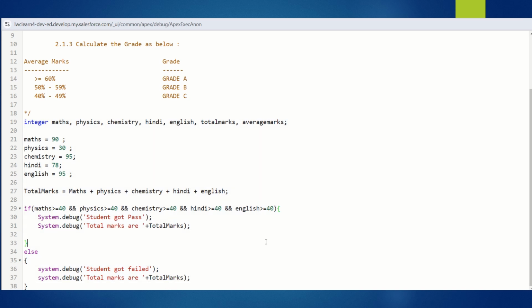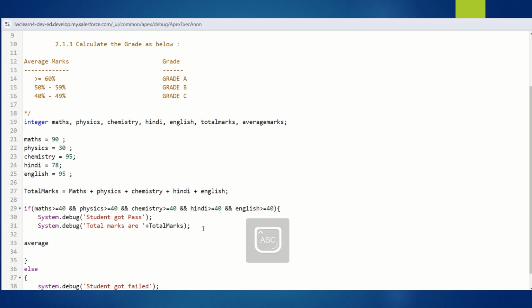Okay. Now we have some subconditions that need to be verified. So this is the main if, and we need to have a subcondition to verify. We need to take one more if. Okay. So before that we need to calculate average marks is equal to total marks by 5. Total marks by 5. And then